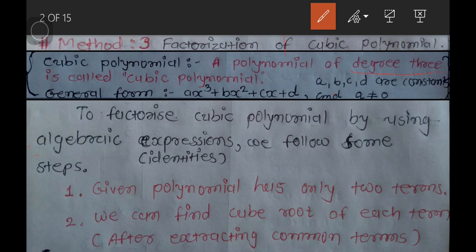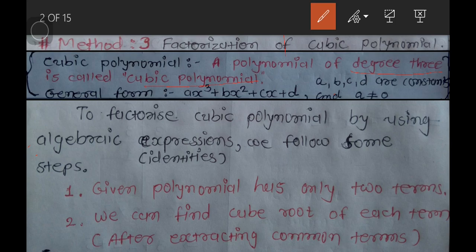A polynomial of degree 3 is called a cubic polynomial. About it you have already studied in standard 9th. And a polynomial of degree 3 is called a cubic polynomial, and its general form is